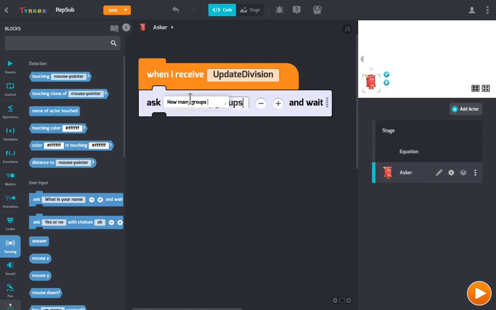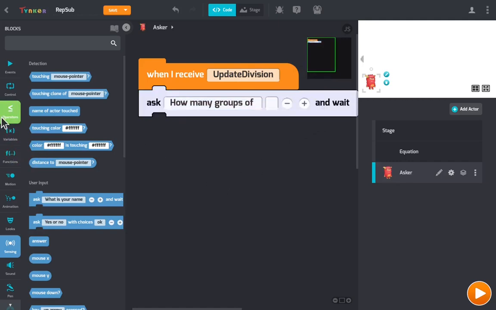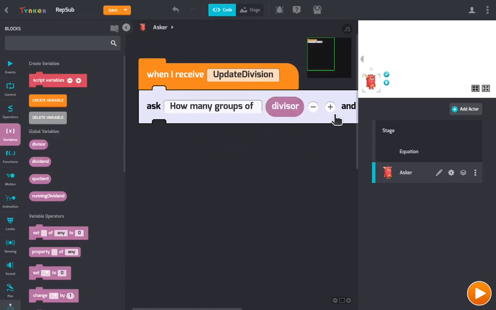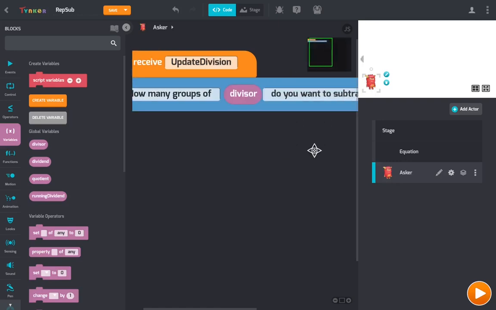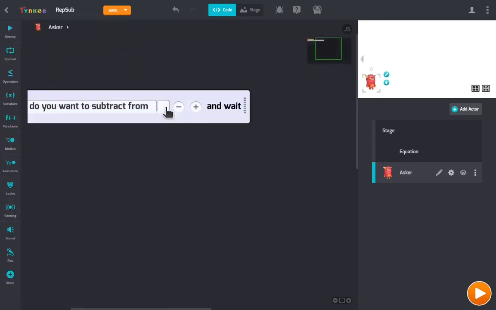and then of space, so how many groups of, then we need whatever that divisor is, so click the plus button, and then under variables, we want divisor. How many groups of whatever the divisor is, and then click the plus button, so how many groups of divisor, and then space, do you want to take away from or subtract from space, and then we're going to need another bubble here, so click the plus button, and then we want